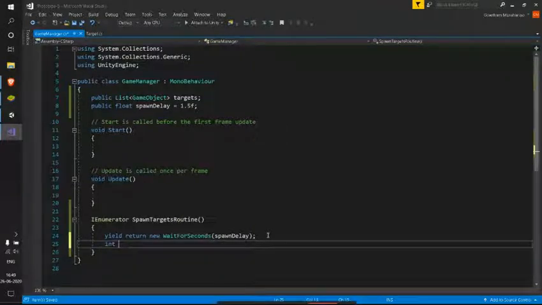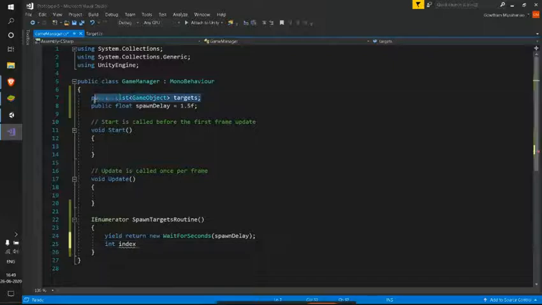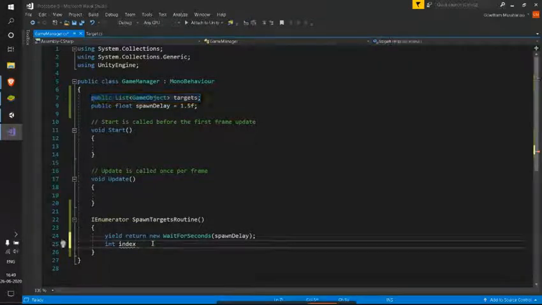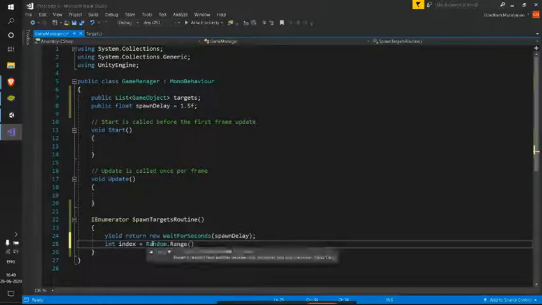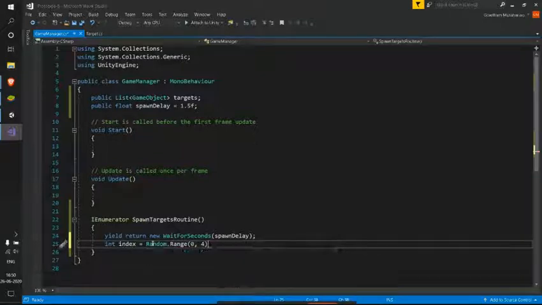So for that we need Random.Range again. First we need to have this index. This is our list of targets, and if we want to select a random target, we need to select a random index, right? So here, int index, I'm giving that as Random.Range of 0 comma 4, where I'll be generating the values 0, 1, 2 and 3.